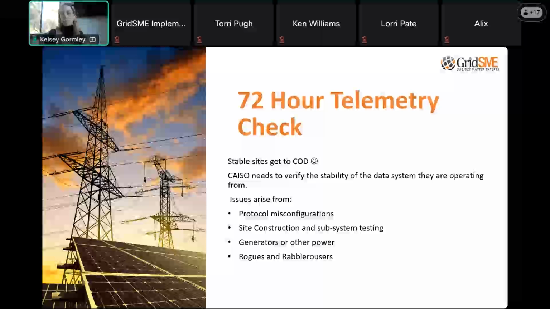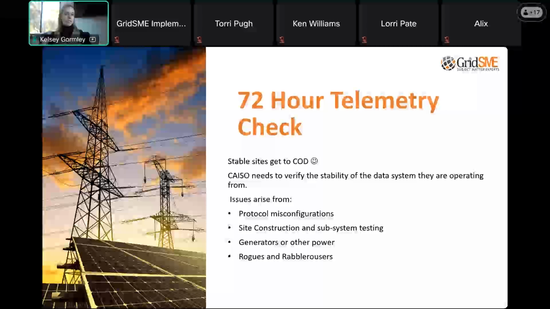All right. Again, like I mentioned, some other issues arise from potentially protocol misconfigurations, site construction and subsystem testing, generators or other power sources that are impacting power quality, and then just folks on the site not knowing that we're in a 72-hour test period. They may go back in, try to tweak something last minute or do some last minute programming.